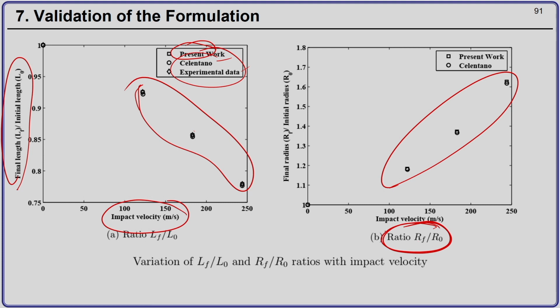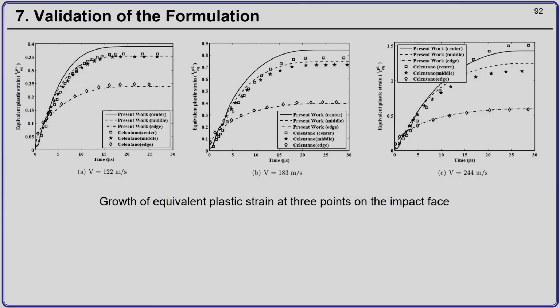Okay. So, at the rod impact it will expand and the initial value is 1. Initially RF equals R0. So, you have 1 and it will expand, and then you see we have the results matching with the results of Celentano. These are some of the results for the equivalent plastic strain growth at 3 points on